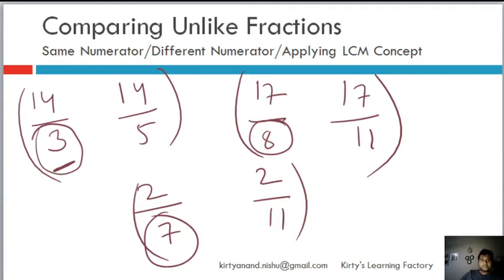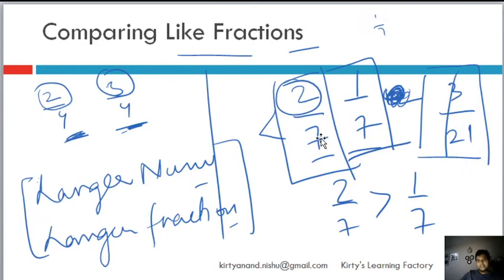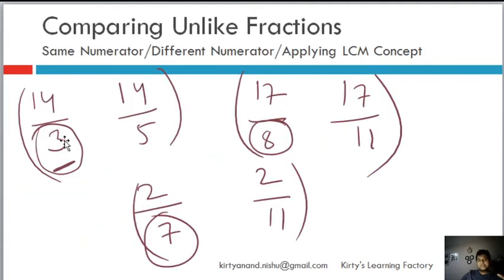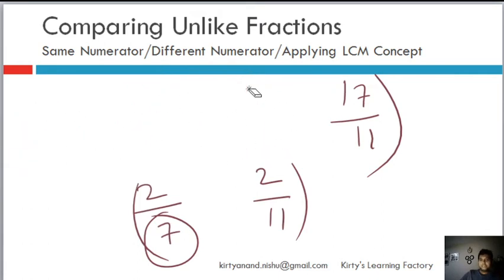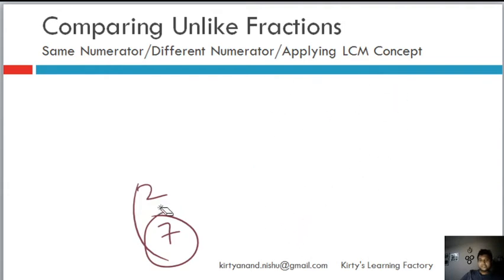Okay, so this is very simple. When the numerator is the same, the smaller denominator is actually the larger fraction. So it is opposite to like fractions, where we said that if the denominators are the same, then the larger numerator is the larger fraction. Here, if the numerators are the same, then the smaller denominator is larger. And I have just told you the reason. So remember the reason, understand the reason. It is important to know the rationale behind it.